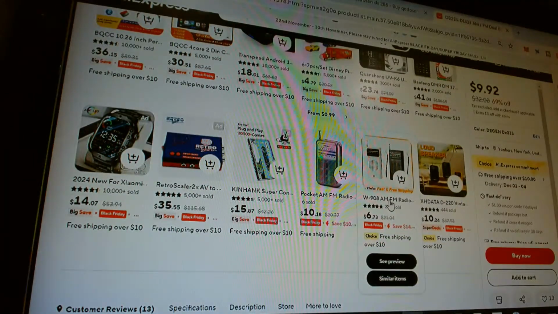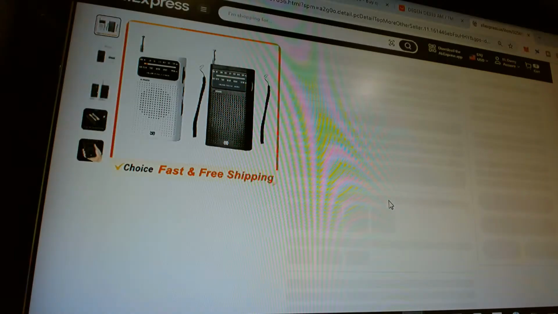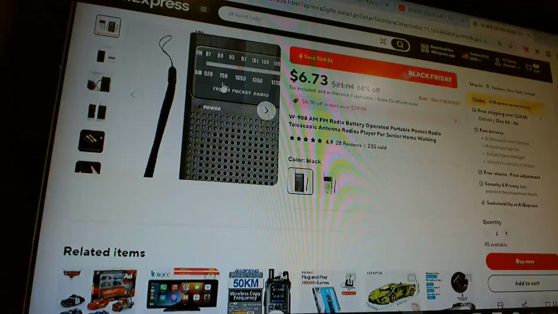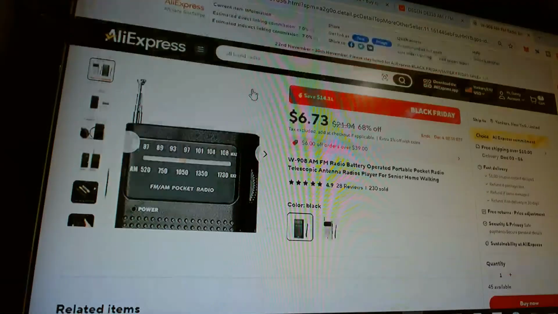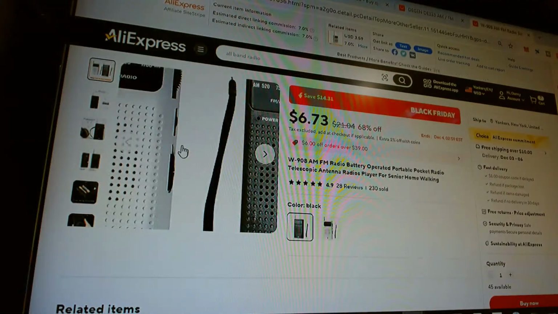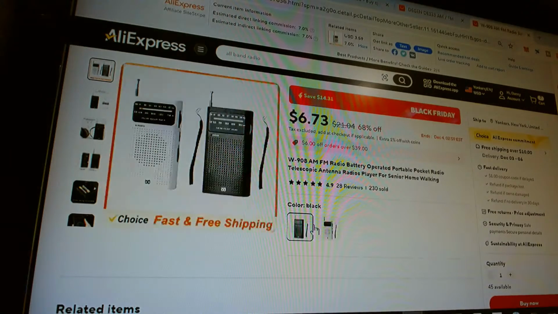Which one is this one? This looks like the Sony, but it's not. I have a Sony that looks like this. So this is $6.73. This is the W908 AM FM pocket radio, of course.